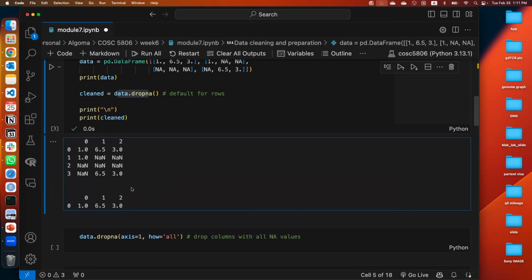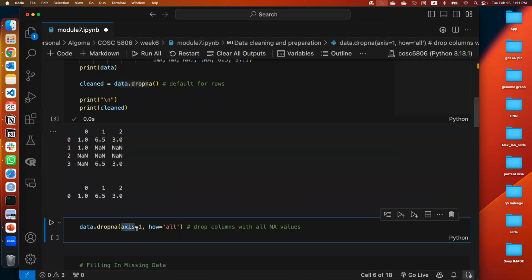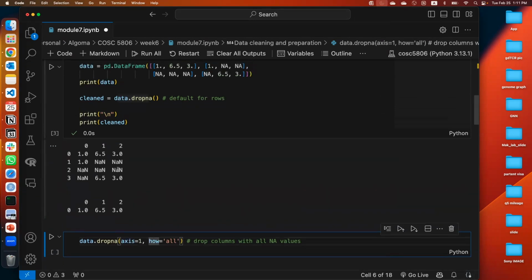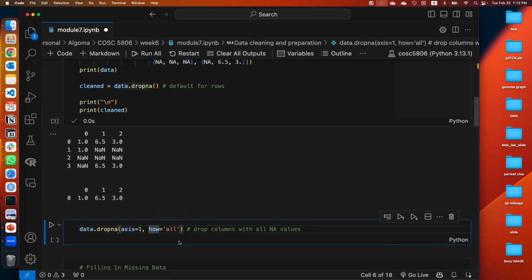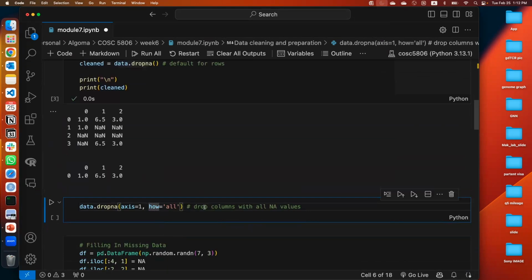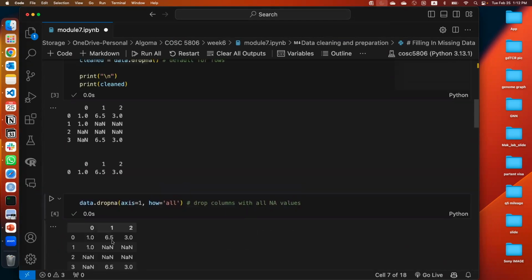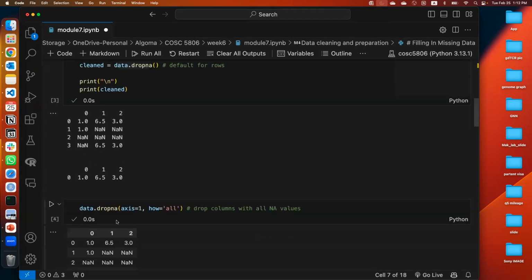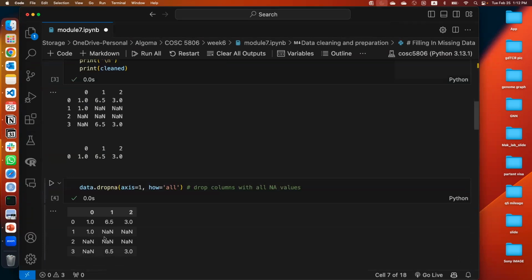We can also let the function drop NA based on the columns. Because sometimes if there's only one NA, removing the entire row or column doesn't make sense, right? We can ask the function to drop a row or column only if all of the elements are NA. Since this how equals all means drop the columns where all values are NA, if we perform this statement, you can see nothing is removed. That's because, based on each column, every column has some values and some NAs, so nothing will be